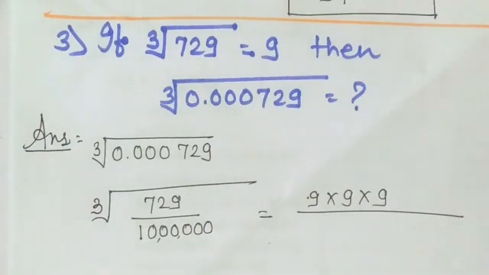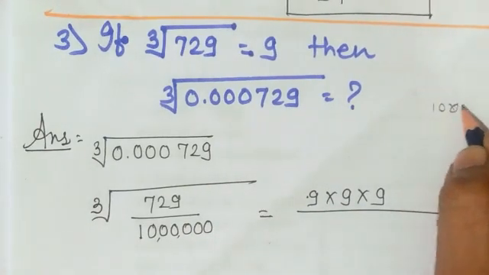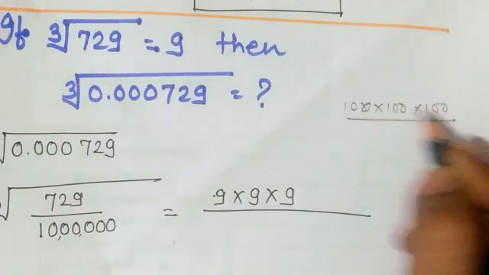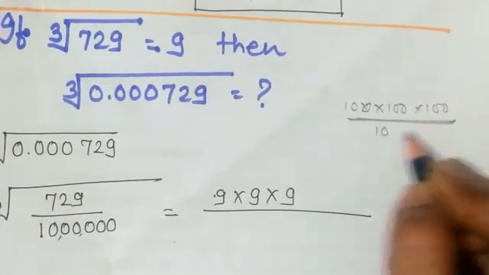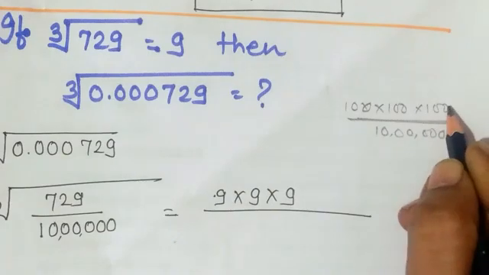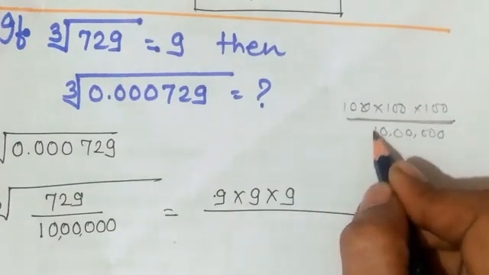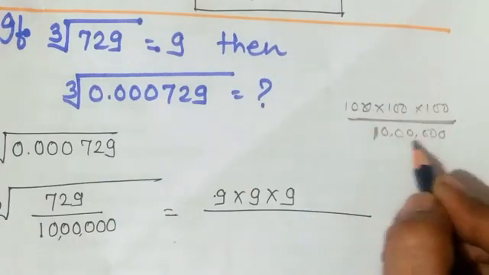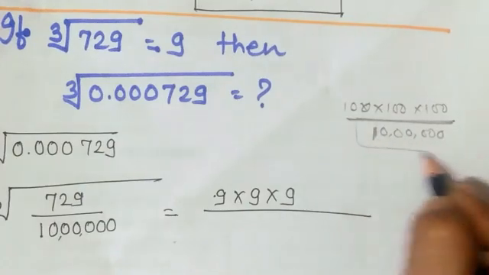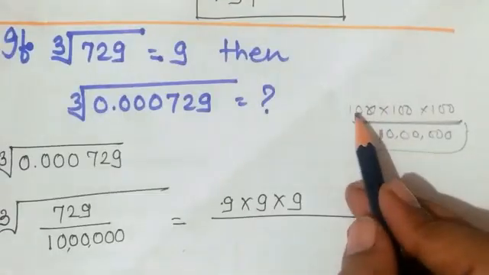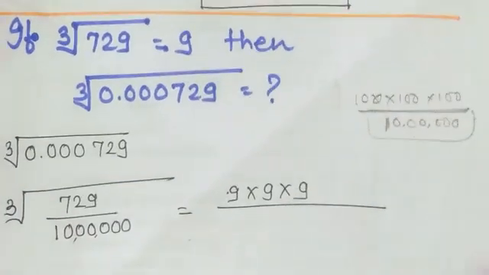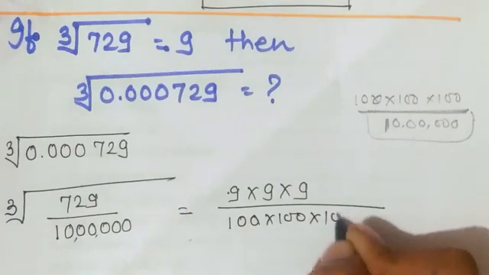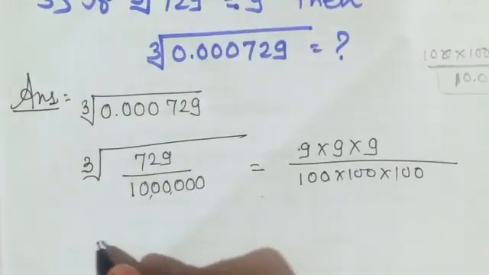If we multiply 100 into 100 into 100, then we get the answer, that will be 10 lakh. How? We write 1 into 1 into 1 here, and 2 times 0, 2 times 0 and 2 times 0. It means a total of 6 zeros: 1, 2, 3, 4, 5, 6. So our answer will be 10 lakh. It means 100's cube is 10 lakh. So we are going to write it here this way: 100 into 100 into 100.